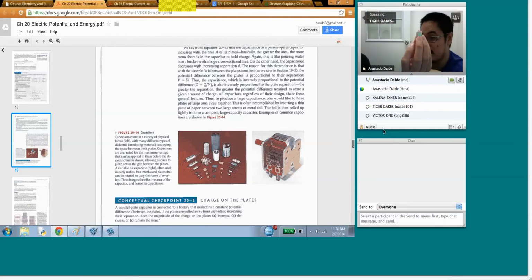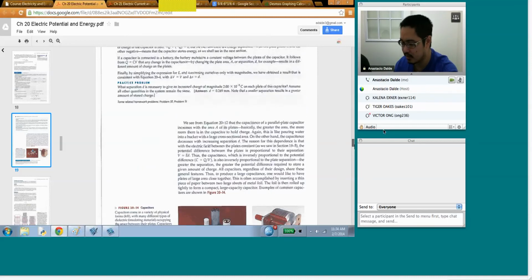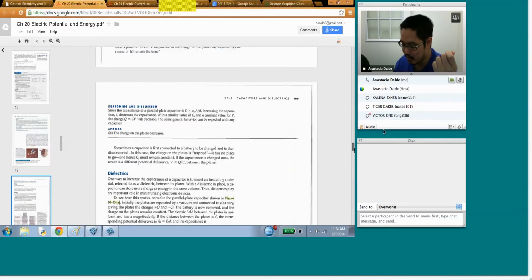So technically this is a parallel plate capacitor, even though it's rolled up. You know what I mean? Is it the same exact physics or the math that we just did, but now it's rolled up, so it's still the same exact? It's pretty much the same, yeah. What Austin is asking is, does the math change because I rolled it up as opposed to doing this? The math doesn't change. It's the same exact math, but there is something that did change, and it's because I put a different type